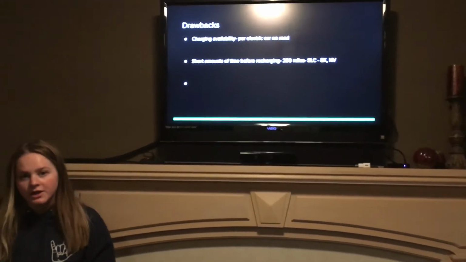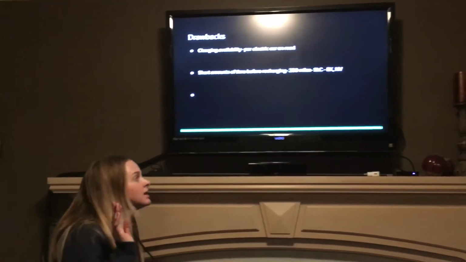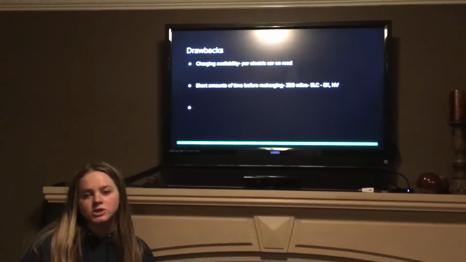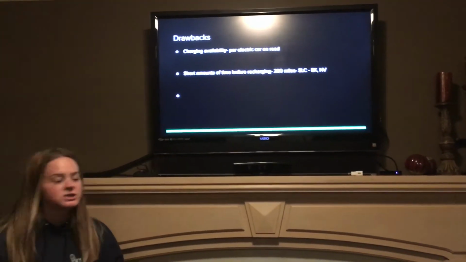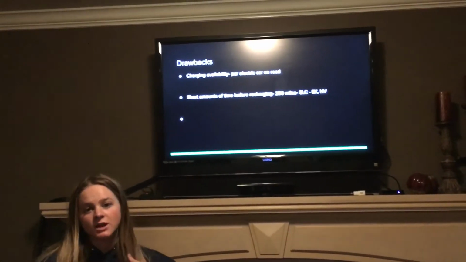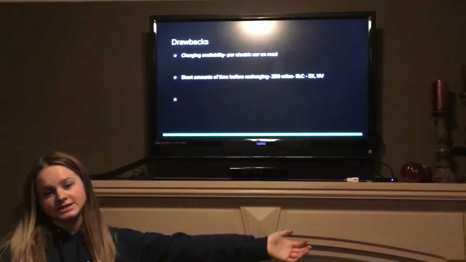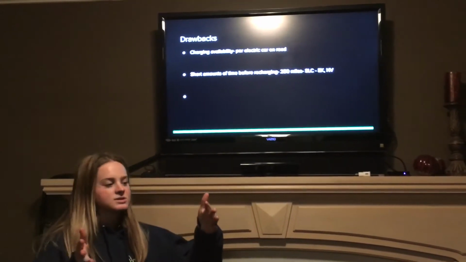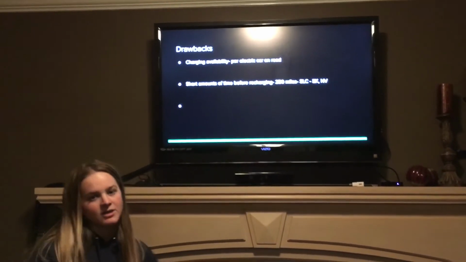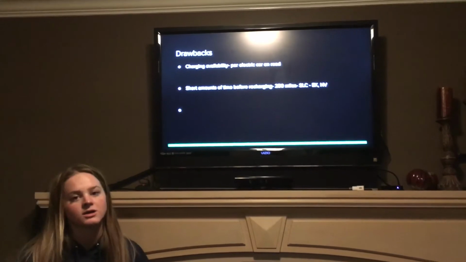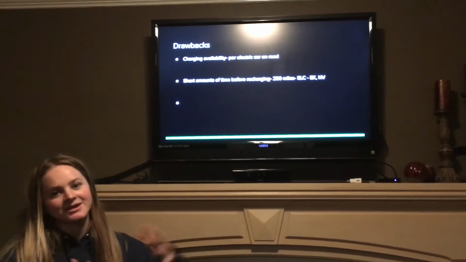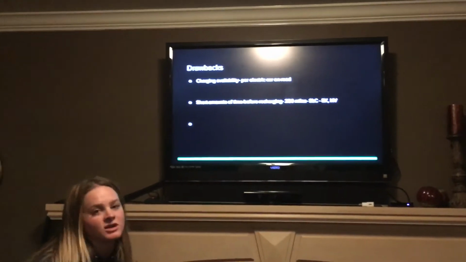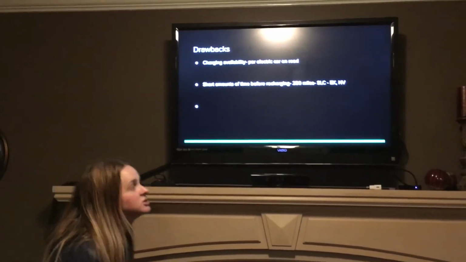On average, the electric car can only travel 250 miles before needing to be recharged. And 250 miles from Salt Lake will get you just past Elko, Nevada. And I'm pretty sure that within those limits, there are not a ton of electric powered charging stations available. And so that is a severe disadvantage.